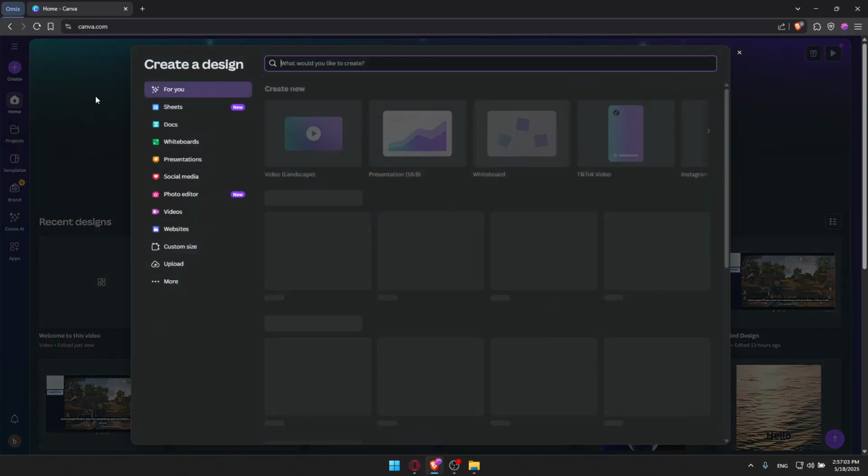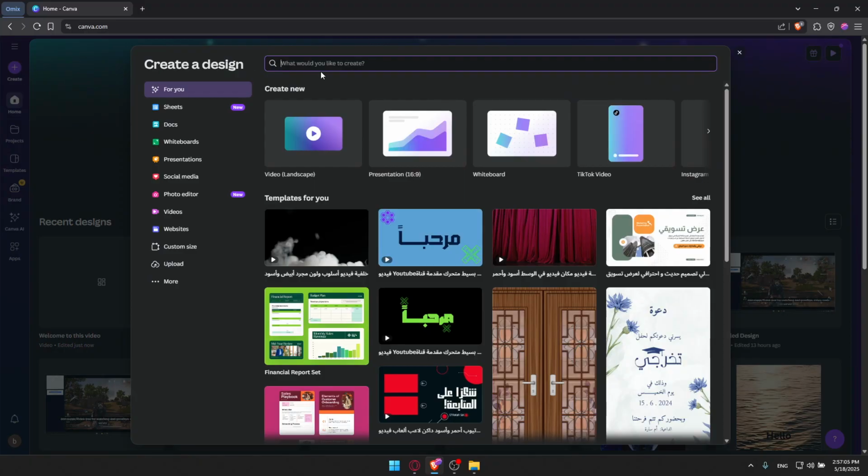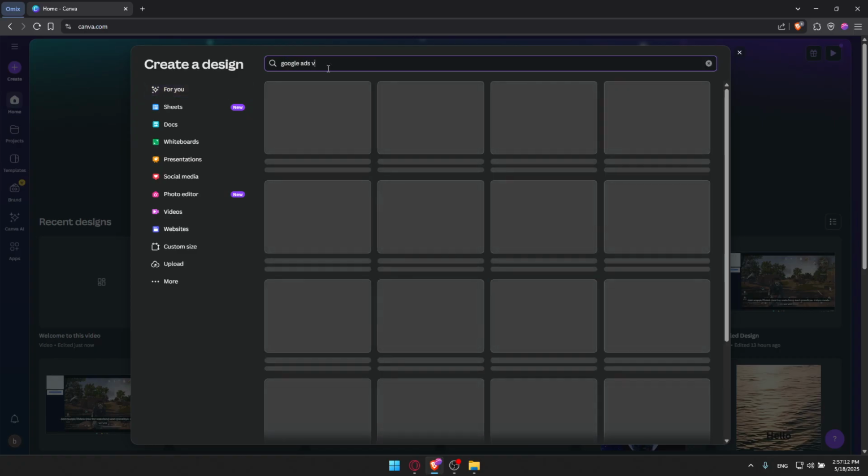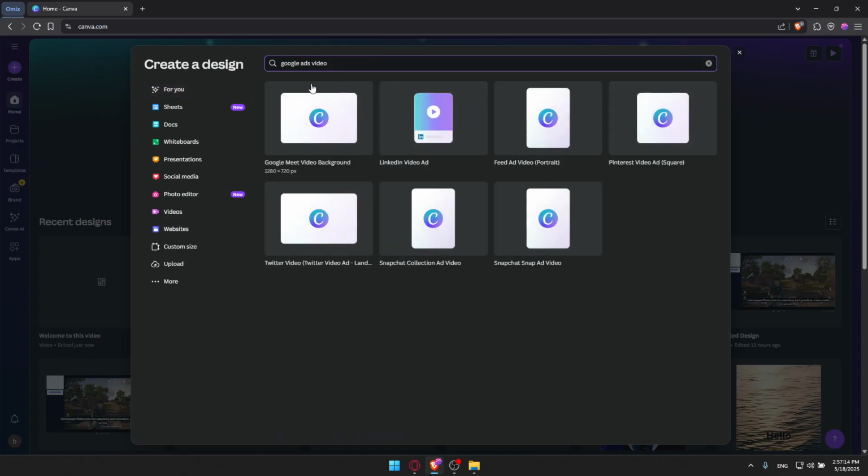Now I'm going to click on Create at the top left. And here, of course, choose what you would like to create. For me, I would like to create a Google Ads video. And as you can see, which ad do you want? Do you want, as an example, an ad like landscape or something like portrait for the phone,